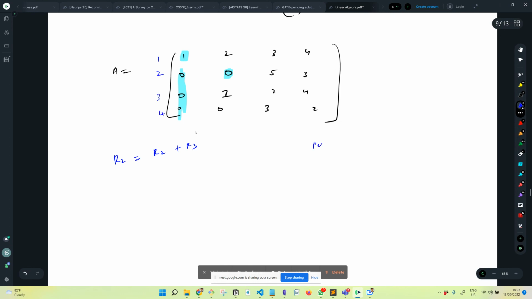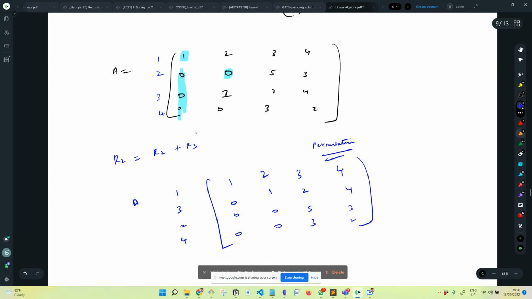And we already saw permutation is also a legal operation. Now, if I write A in the order 1, 3, 2, 4, then what will I get? 1, 0, 0, 0, 2, 1, 0, 0, 3, 2, 5, 3, 4, 4, 3, 2. Now, do you see we already got a pivot here? Sorry, already we got the second entry 1, and by means of applying this permutation, I get these entries for free,